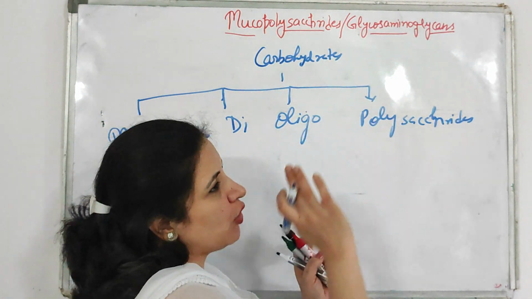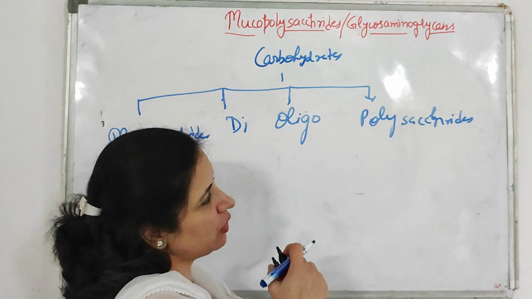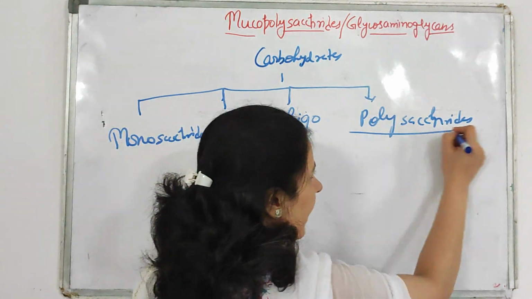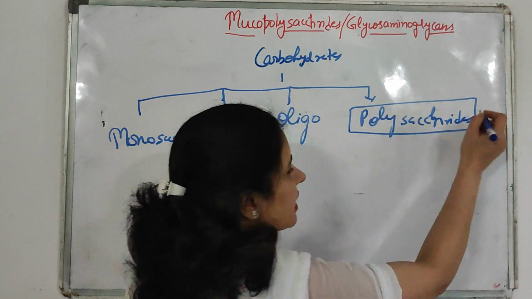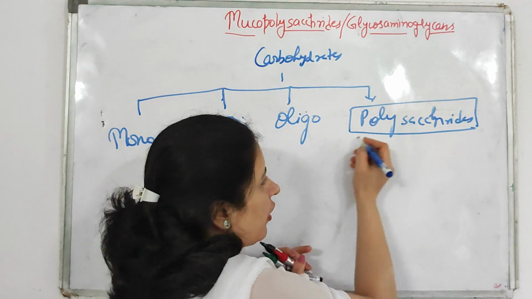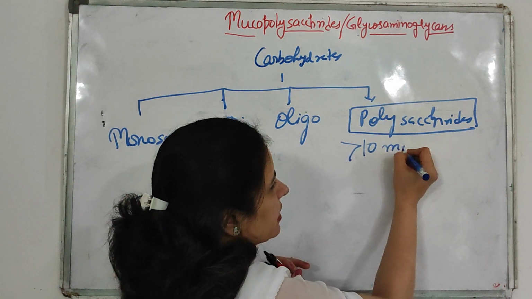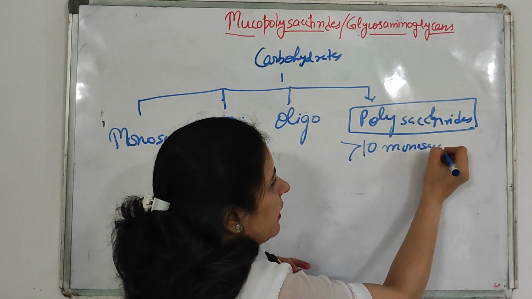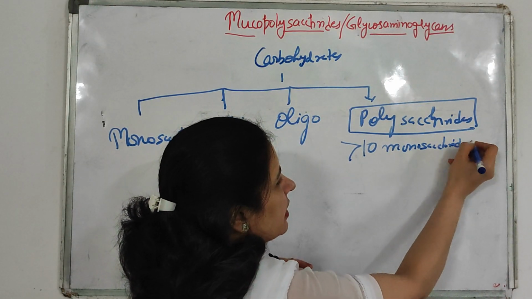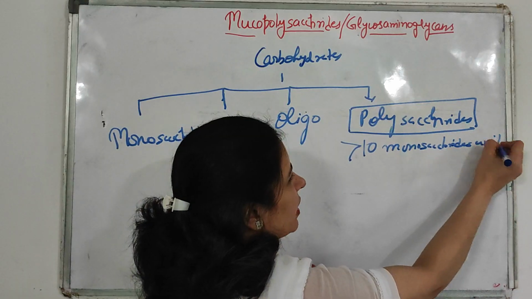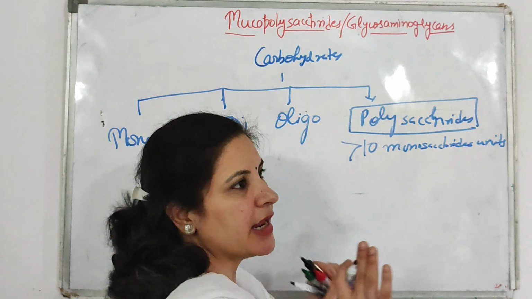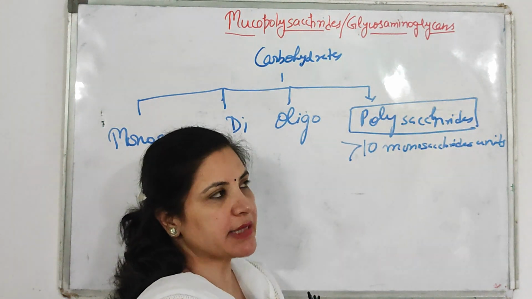So these mucopolysaccharides or glycosaminoglycans come under polysaccharides. What are polysaccharides? When there are more than two monosaccharide units, they are categorized under polysaccharides,